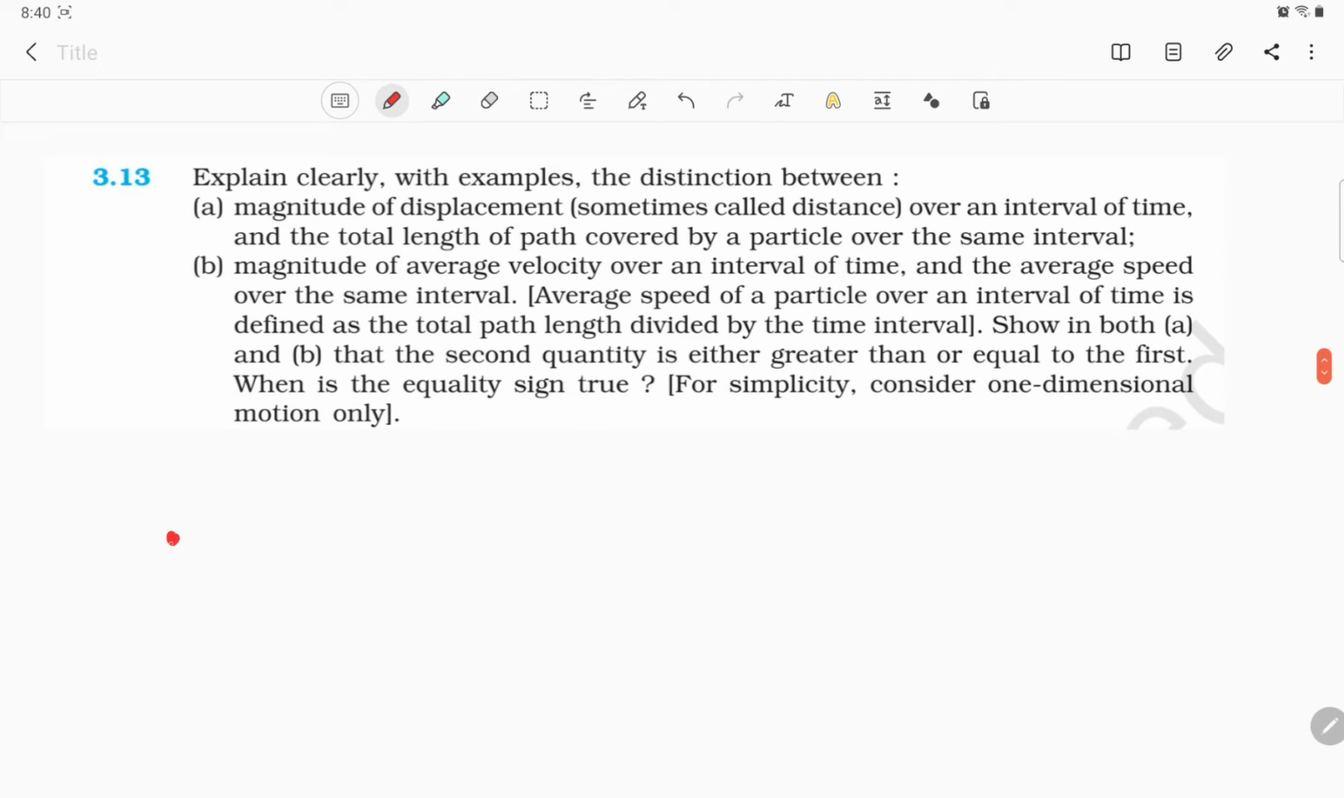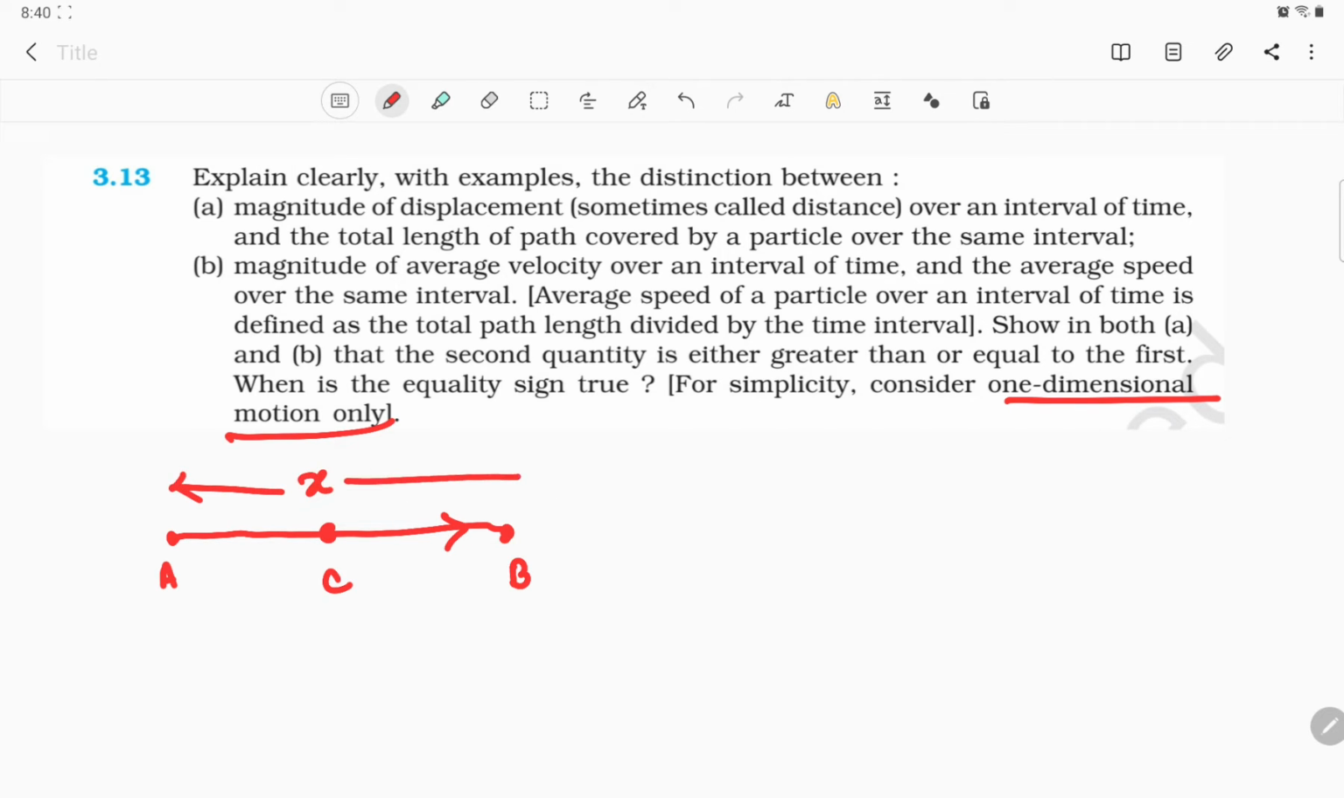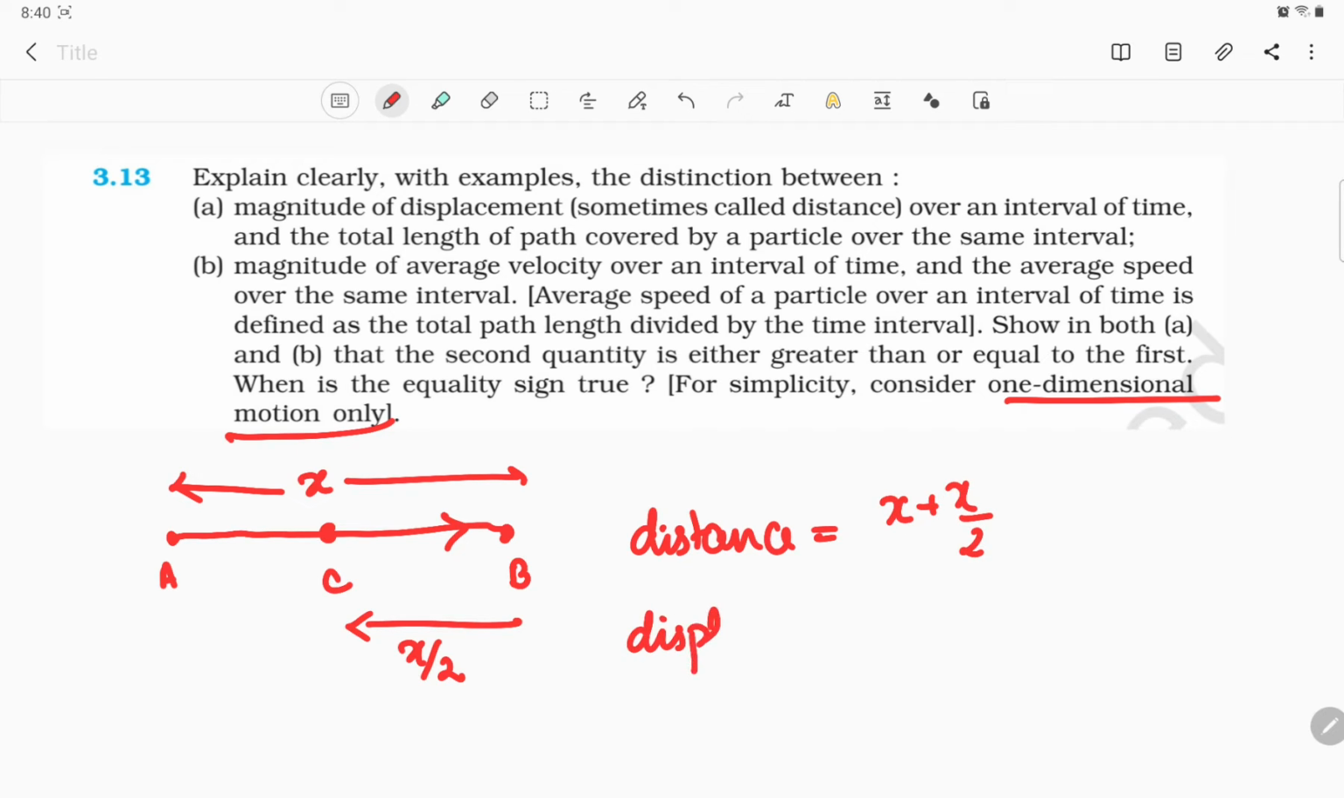So if an object is traveling, let us say from A to B, alright, and here we have to consider only one dimensional motion. Okay, so if the particle travels from A to B, and again it comes back to C, midway between A and B, right? So the total distance of this particle is going to be, let this distance be x. Okay, and then it came back by an amount of x by 2. So the distance is going to be x plus x by 2,